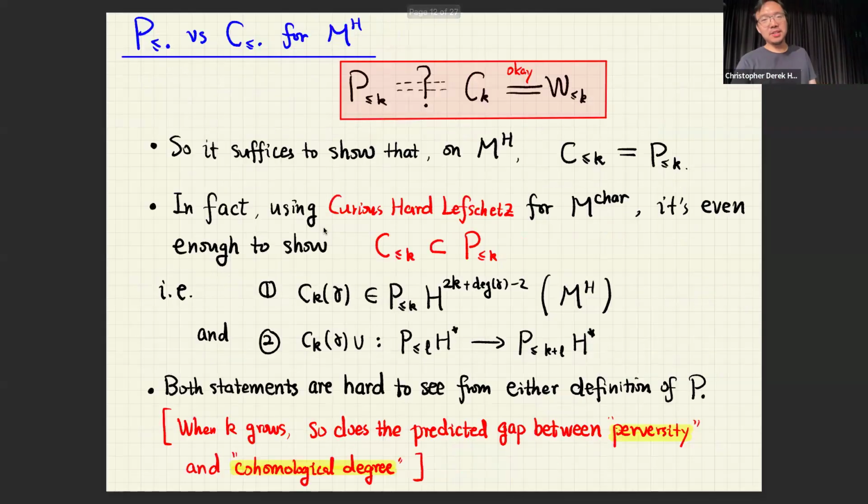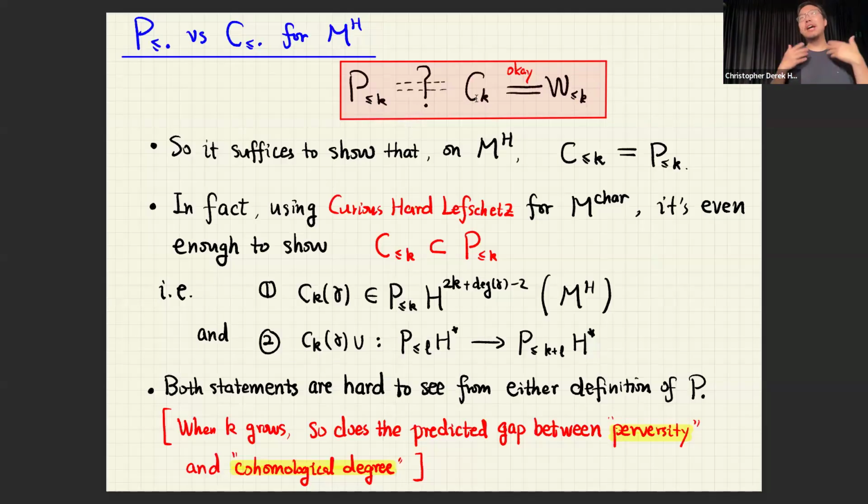So now this is the diagram. We want to match P with W. Sorry, there's a typo, it should be 2k. So you want to match P with W, and you know already that W is matched with C. These are three completely different structures: the topology of the Hitchin map, the mixed Hodge structure of the character variety, and the structure given by the tautological classes. The remaining mission is to match P and C.